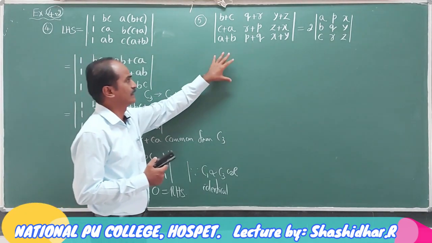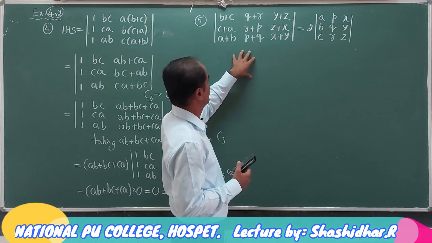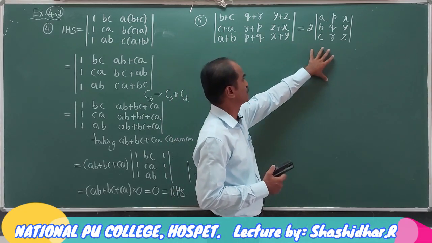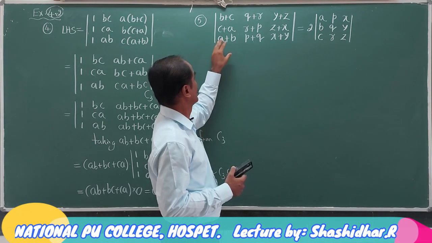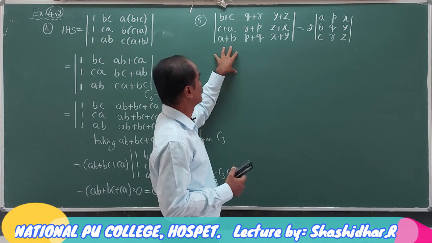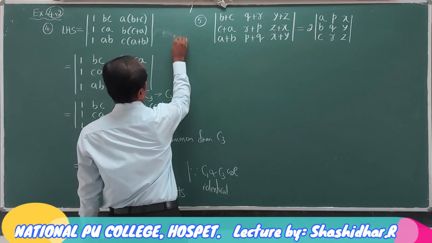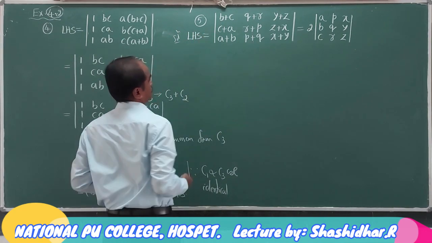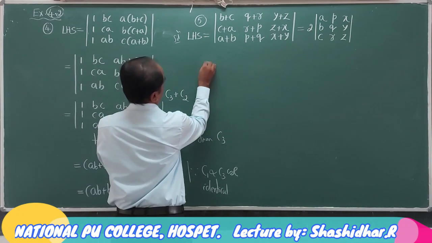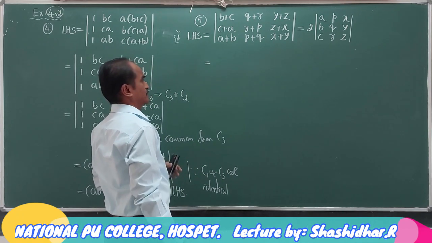Now, here also question is, without expansion, we had to show that this determinant is same as 2 times of the other determinant. What you observed here is, each term containing sum of 2 terms here, but here only single terms are there. Let me reduce this term to single terms. How I can do it?